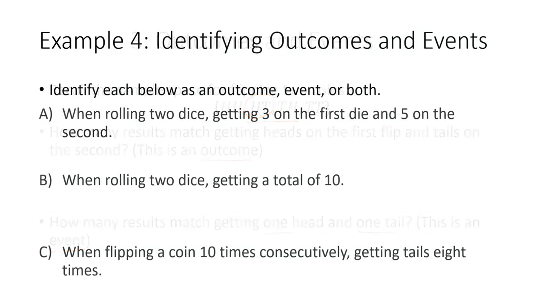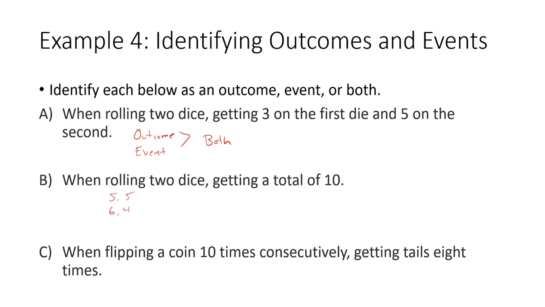So here we just want to identify the difference between outcomes and events. When we roll 2 dice, getting a 3 on the first die and a 5 on the second. Well, there's only one way to get a 3 on the first roll, and there's only one way to get a 5 on the second roll. So this would be an outcome because there's only one way to do it, but we can also consider a single outcome an event, so this one would be both. When rolling 2 dice, getting a total of 10, well, there's a lot of ways to do that. 5 and 5, 6 and 4, 4 and 6, and so this would be an event,